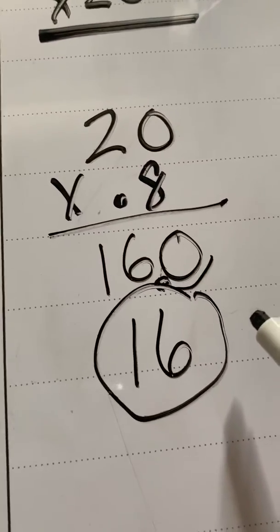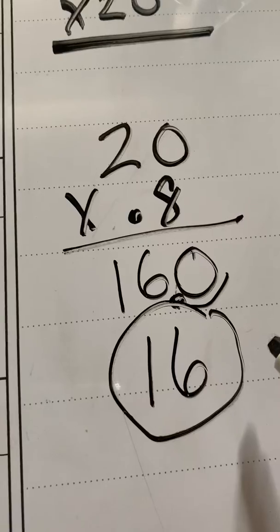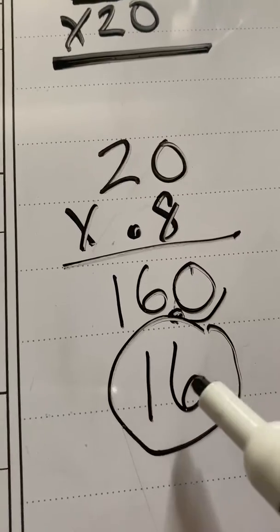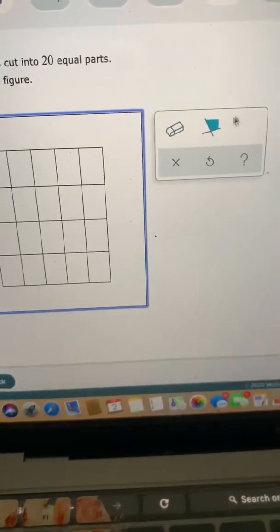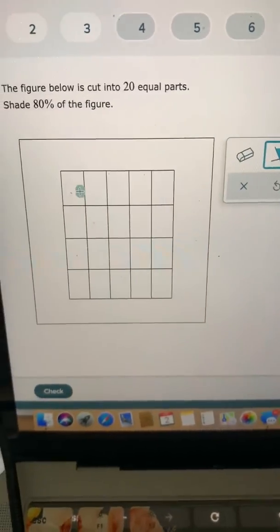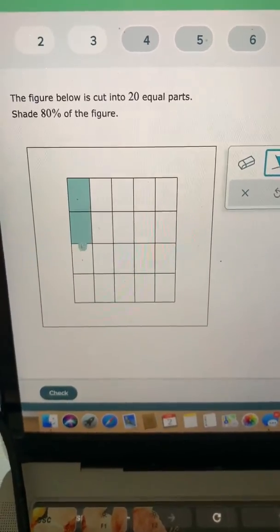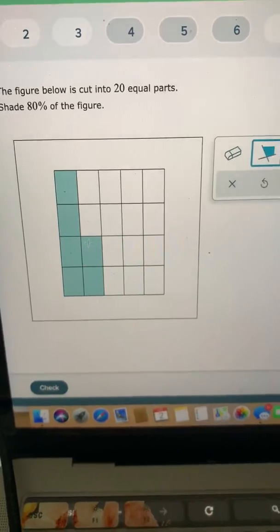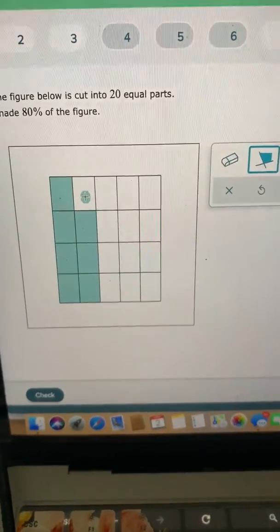So to answer where it says shade 80% of the figure, and if there's 20 squares, then I must shade 16 of those squares. So you simply come back here, you press the tool for shading, and I'm going to shade in 16. Wish I can just drag this, but